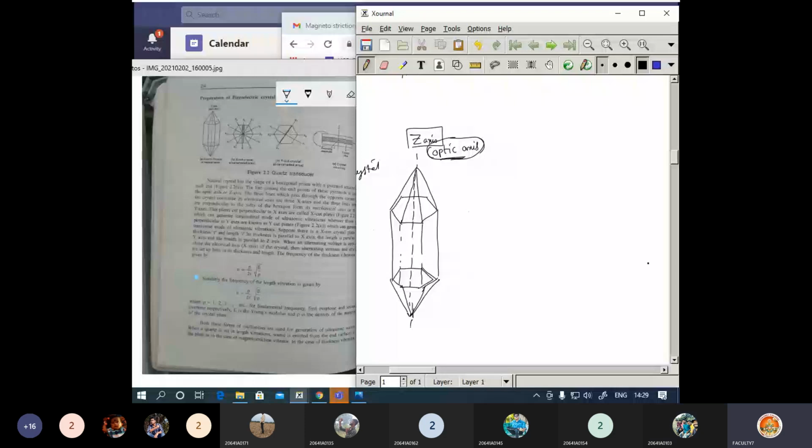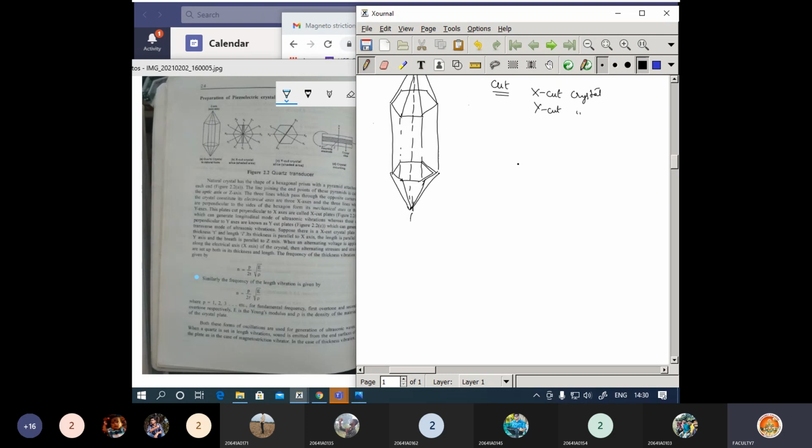Now let us see here. We are going to cut the crystal. We will cut the crystal in two different ways, so there are two possibilities. We can consider this as an X cut crystal, or else you can cut the crystal in the form of a Y cut crystal. X cut and Y cut. Now we need to understand what is X cut and what is Y cut.